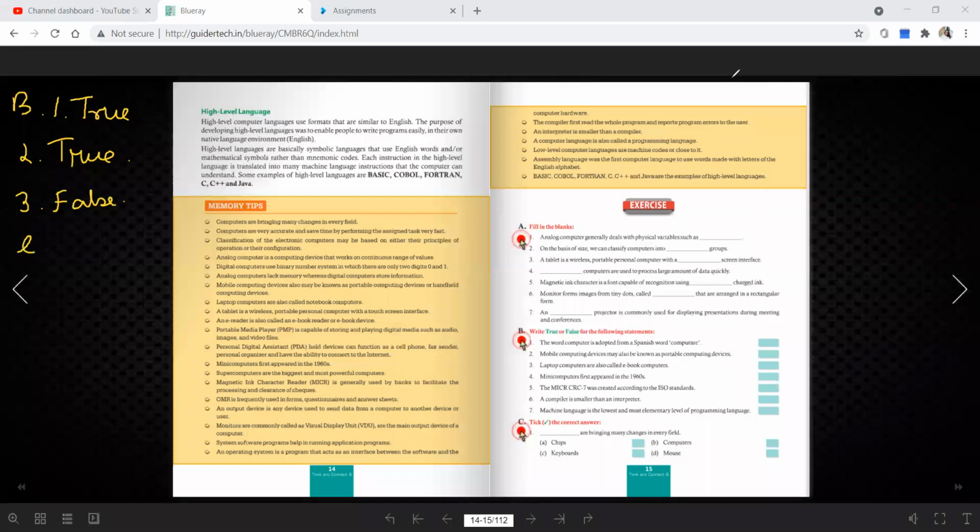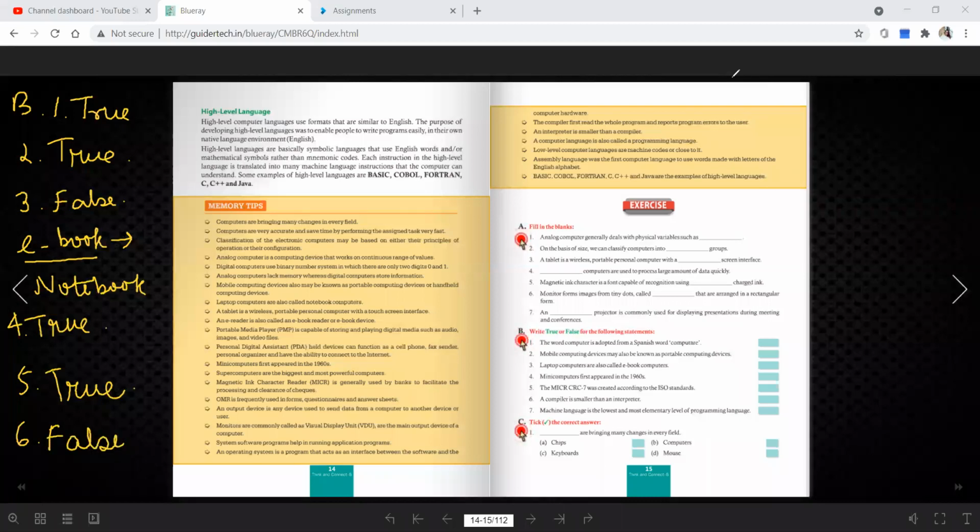Here ebook will be changed, ebook will change to notebook. 4 is true. 5 is also true. 6 is false.